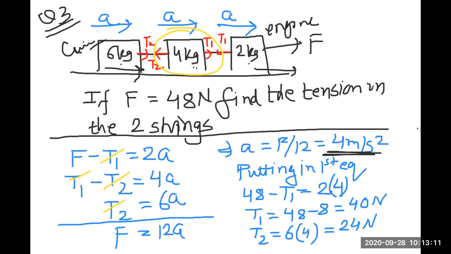I was given a problem where there are 3 blocks and all three are interconnected with a string, so they must have the same acceleration, right? And furthermore, this acceleration should be along the x-axis, and furthermore this acceleration should be along the positive x-axis because that is where the external force is. So we want to find now